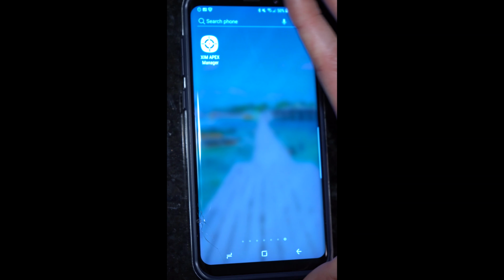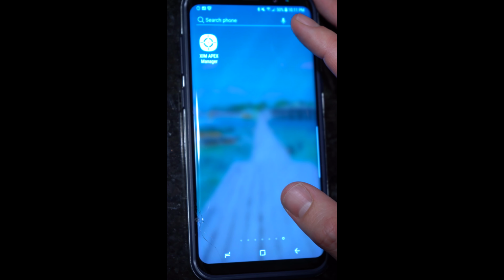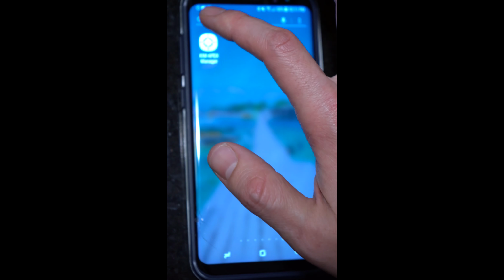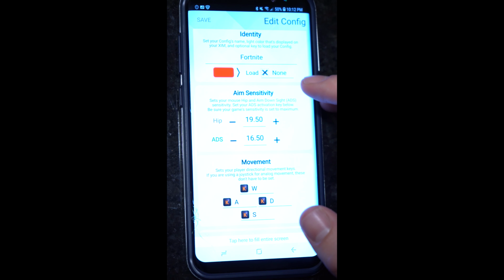Okay, so I'm first going to be showing how to set it up on the XIM Apex app, or how to get to your settings on the XIM Apex app. And the way it connects to your XIM Apex is through Bluetooth. So you're going to have your Bluetooth turned on at the top, and here I do. And so the settings that you see here, the first settings that you see,